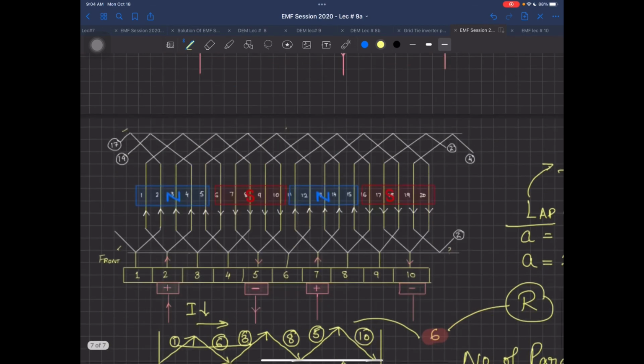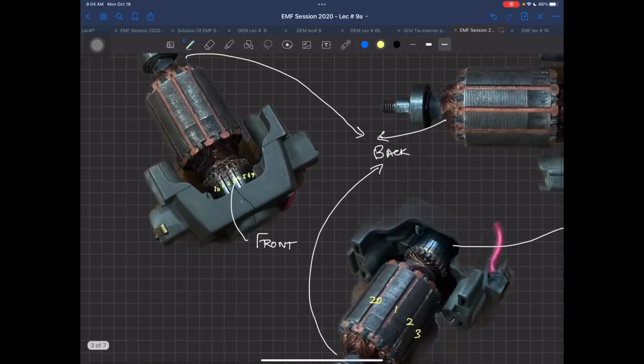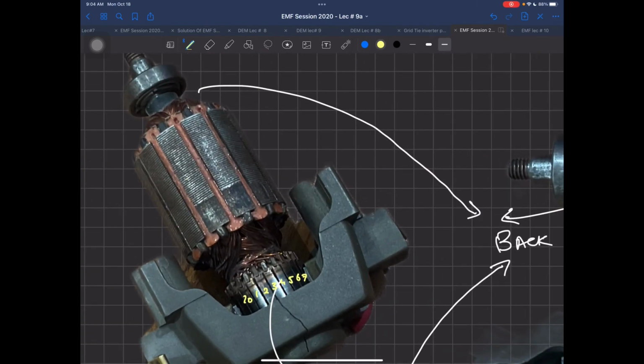So what will happen to the whole rotor? If I go back to this rotor over here, when it will be rotating, at some point torque will be more, at some point torque will be less, at some point more, and on the back side it will be less. So the motor will be having jerks. It will not be a uniform torque.